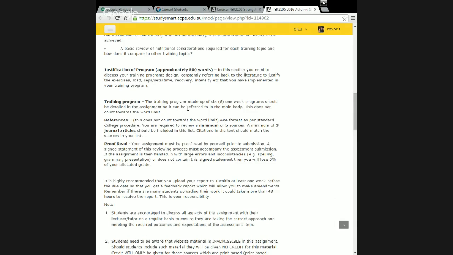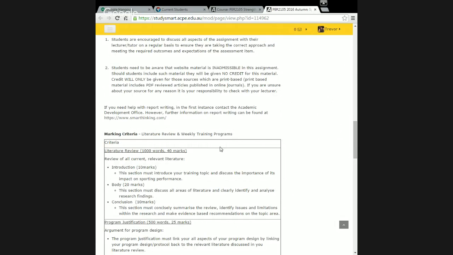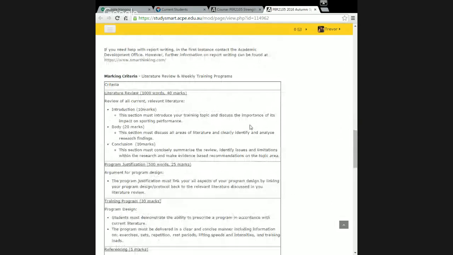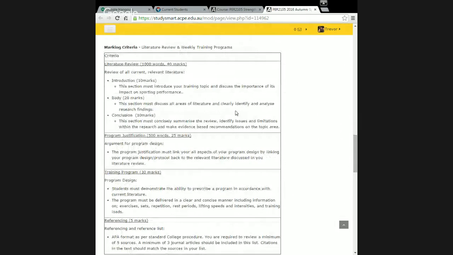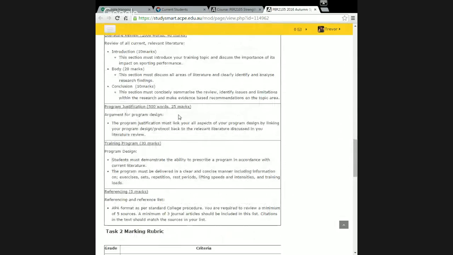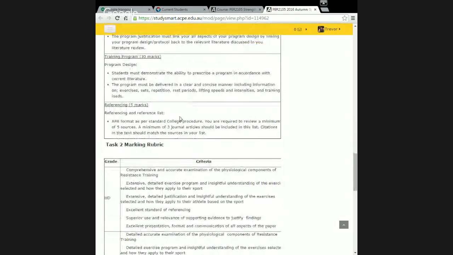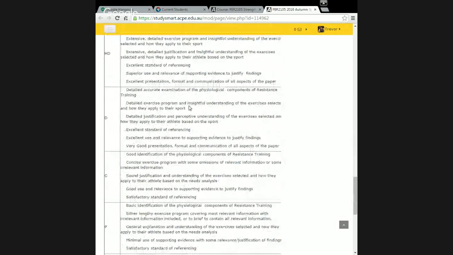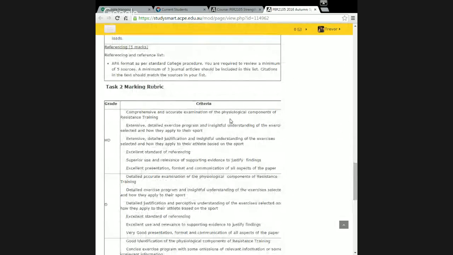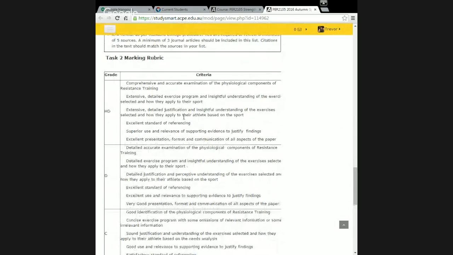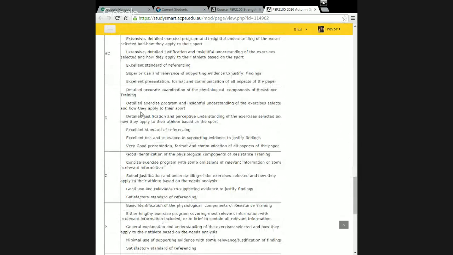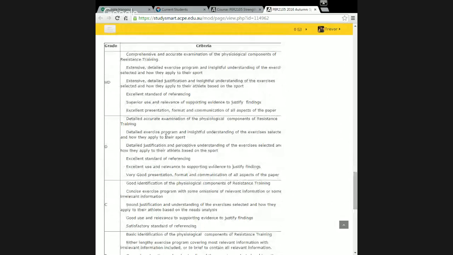Okay, so we go through down here. Our marking criteria. With every assessment you will always get this; for those who are in second year, you will already know that. If you're in first year, it goes, oh, okay. We sit there and you've got your literature review, your justification, and it talks about how we assign the marks. So as you can see, you do a comprehensive and accurate examination, extensive detailed program, extensive justification, standard of reference, superior use of supporting evidence: high distinction. So it goes from being comprehensive and extensive to a detailed account,